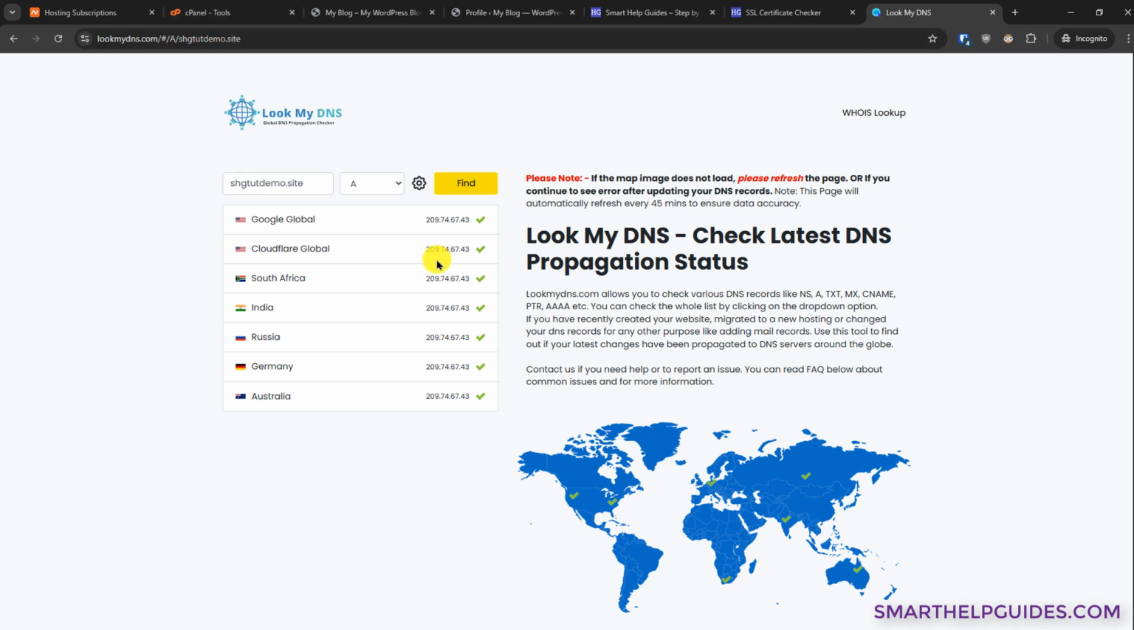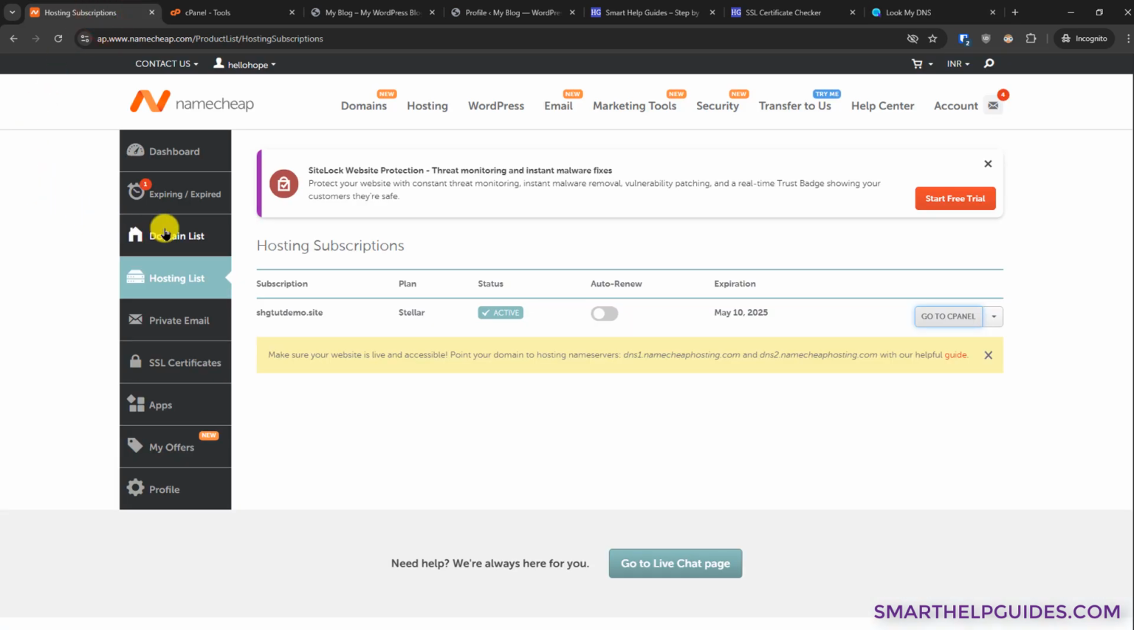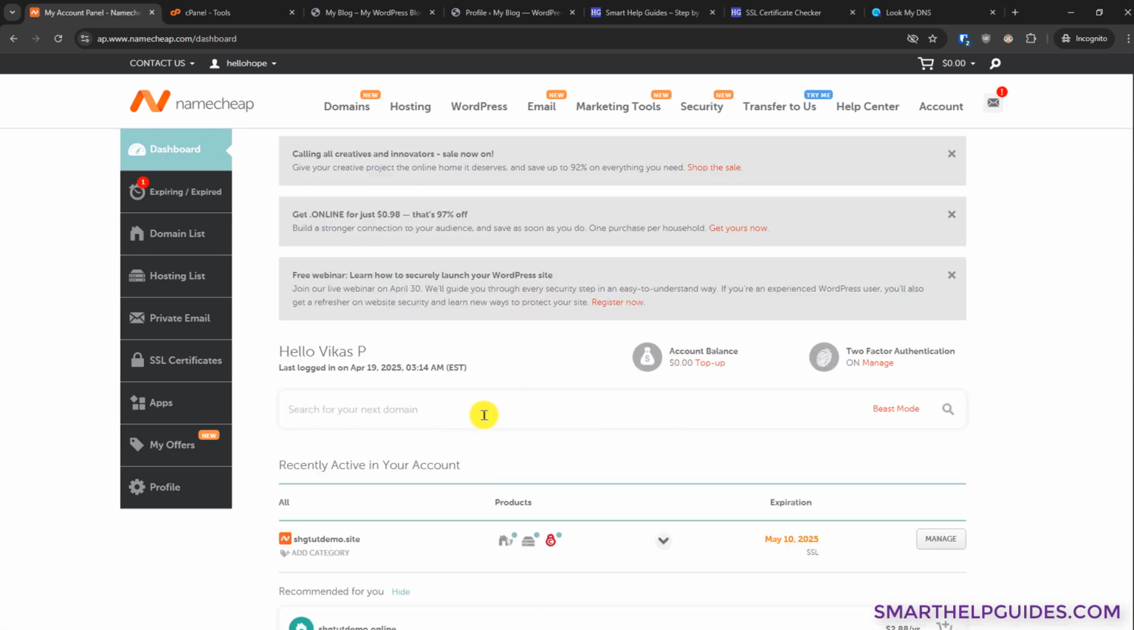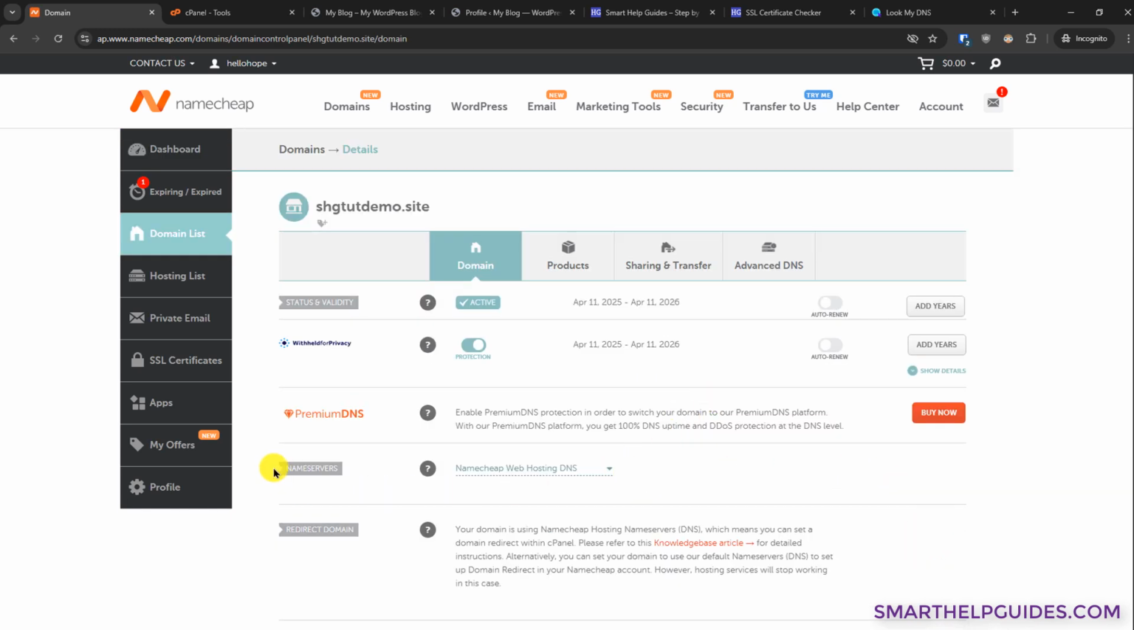If it is showing a different IP, it means that your domain is not configured to use the right name servers. And to fix that, go back to Namecheap here, go to domain list or go to the dashboard here. If you have multiple domains, if it is not visible, then you can go to the domain list also. Click on manage, and then in the name server settings, it should be Namecheap web hosting DNS, not Namecheap basic DNS or custom DNS. So select the correct Namecheap web hosting DNS and then click on this tick icon here